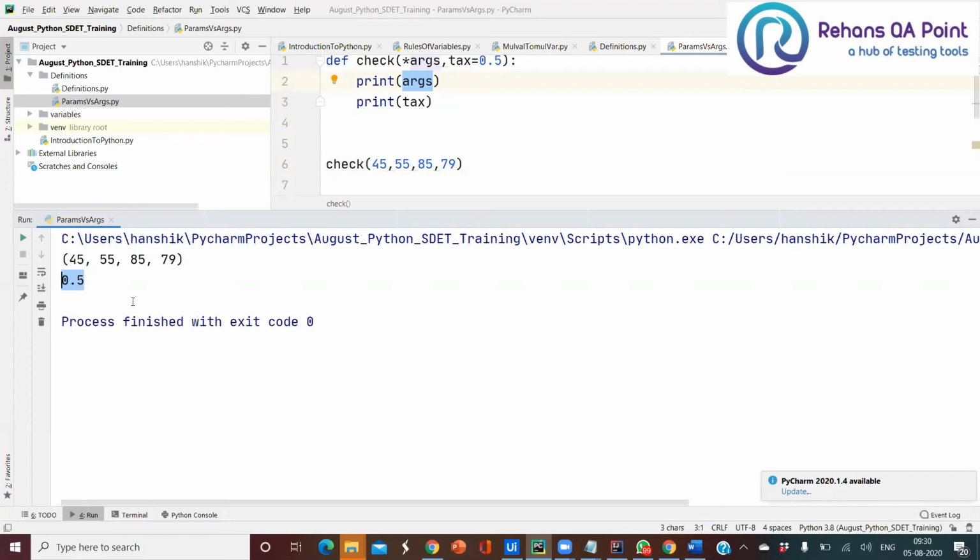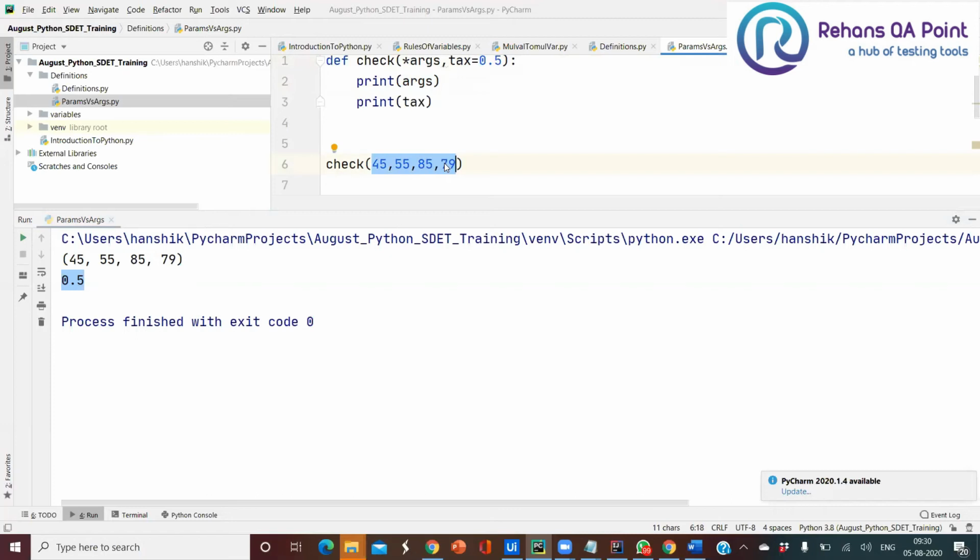Whatever amount I send here, I want to do the summation of each and every number, sum up, then multiply with my tax amount. I don't know how many numbers I'm going to send. It's going to be my list of orders. On the total orders, the amount should be calculated, then I want to apply my tax rate.